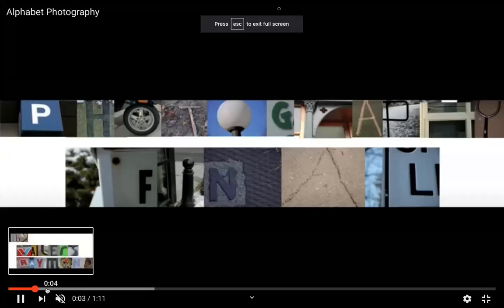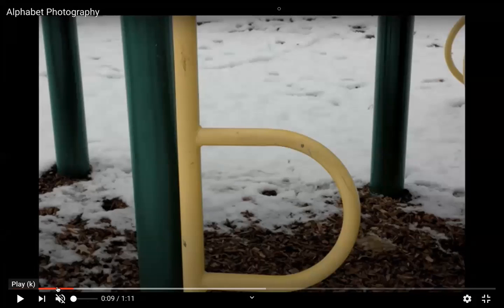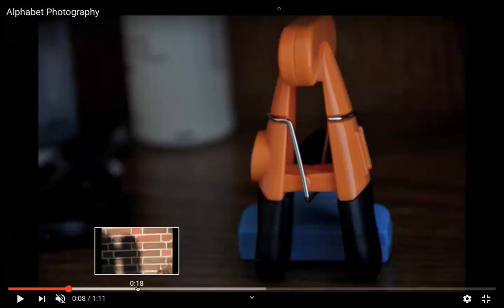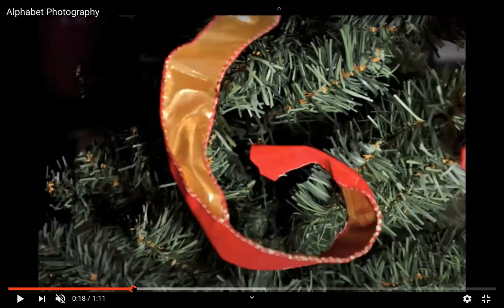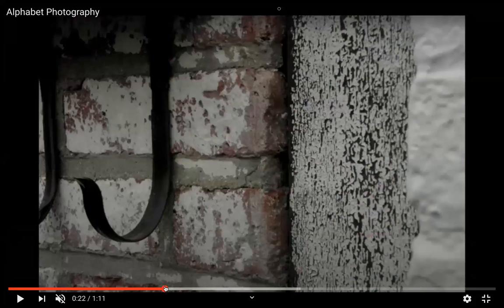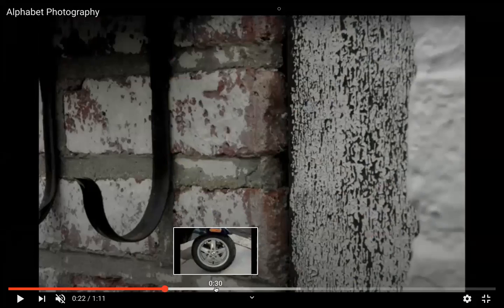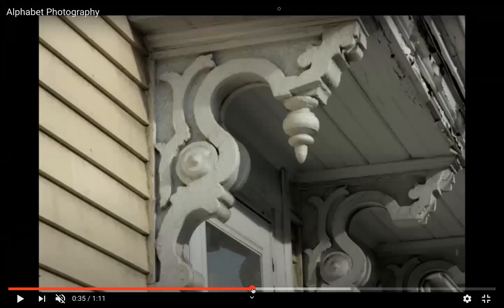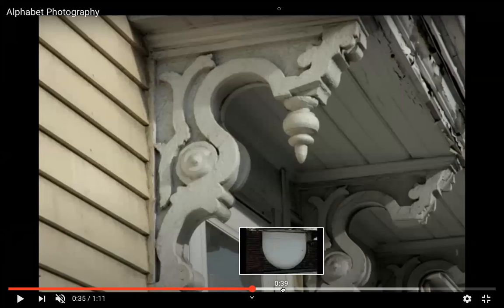You will look at just regular items, such as a chip clip, and notice, wait a second, that actually looks like the letter A. Or maybe you've got a piece of ribbon curled somewhere. There's the letter G. Or a hanger. There's the letter J. A tire. Maybe y'all can see the S in there. So you're looking where things